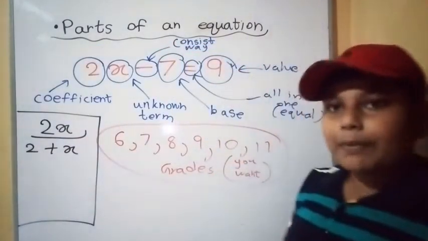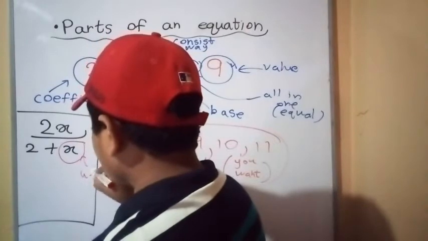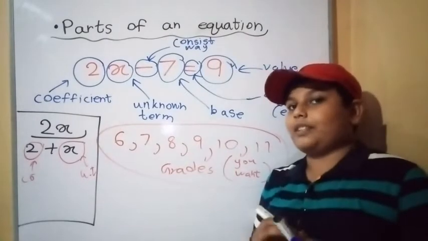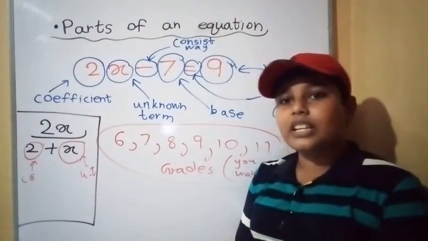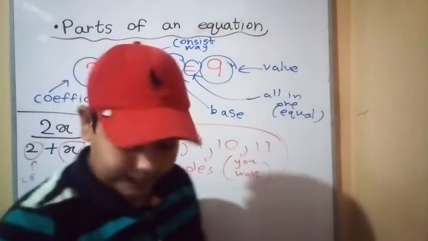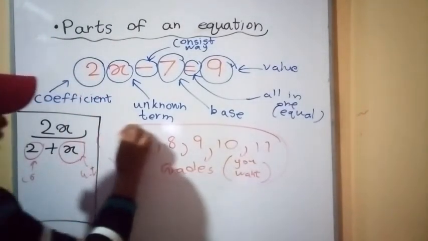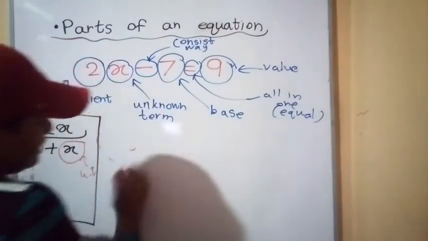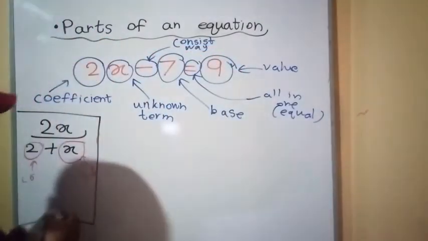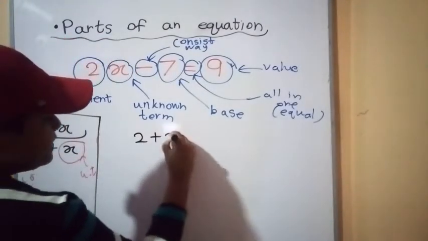Now these are separated into two elements. This x means the unknown term. This means coefficient. Why do we say coefficient? Let me explain. For the unknown term, I erase this. Now grade 7, and grades 6, 7, 8, 9, 10, 11, all grades, guys, and brothers and sisters, you may have this in the exam or something. Now 2 plus x means 2x.